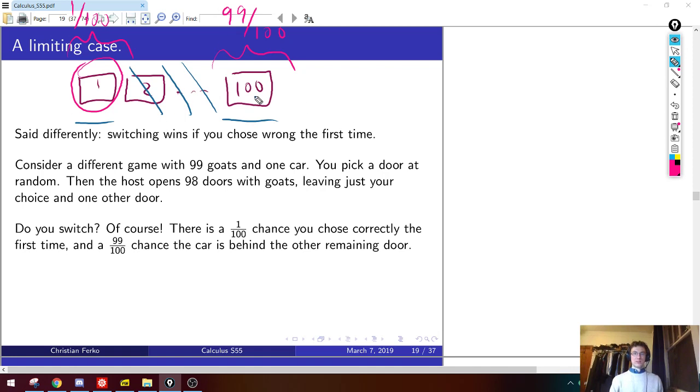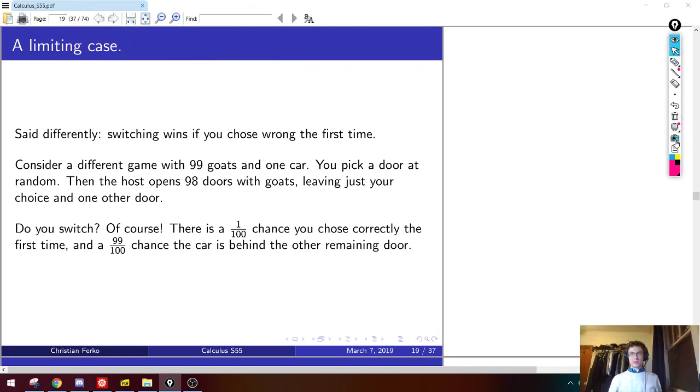So anyway, I find this more intuitive, because when you put in 100 doors, it makes it very clear that the game show host is really helping you out. He's basically saying, I know where the car is, and I'm going to eliminate all the other goats. So the 3-door case just makes it harder for the brain to grasp that, because it's 2 options. It makes you think of coin flips. Yeah, it looks symmetrical. And you want to make this argument about how that door 3 can't affect what's behind my door or something, but it's just not correct.